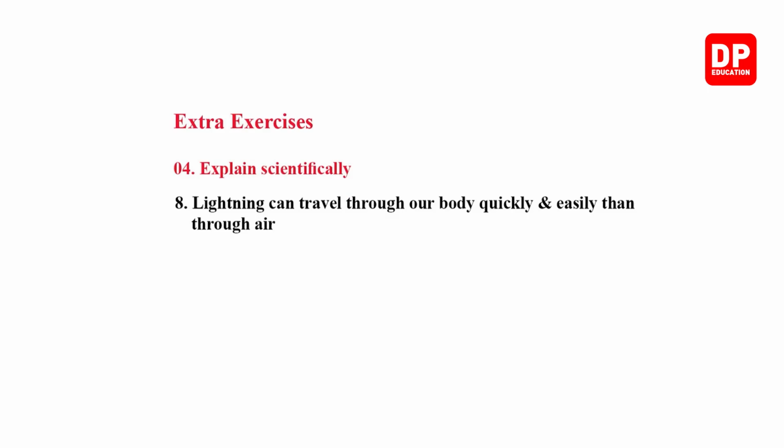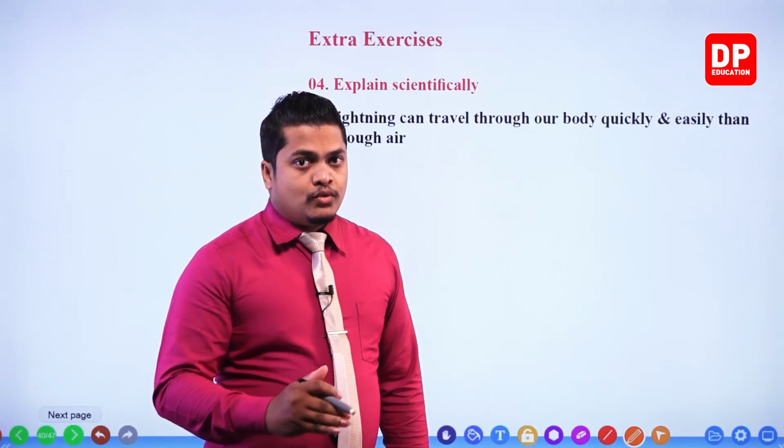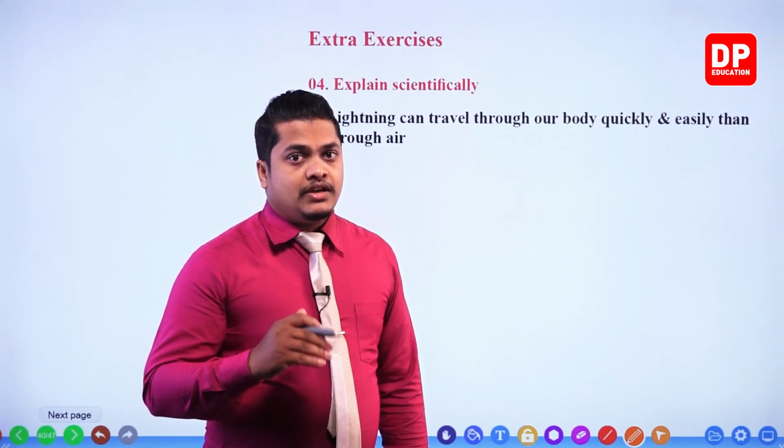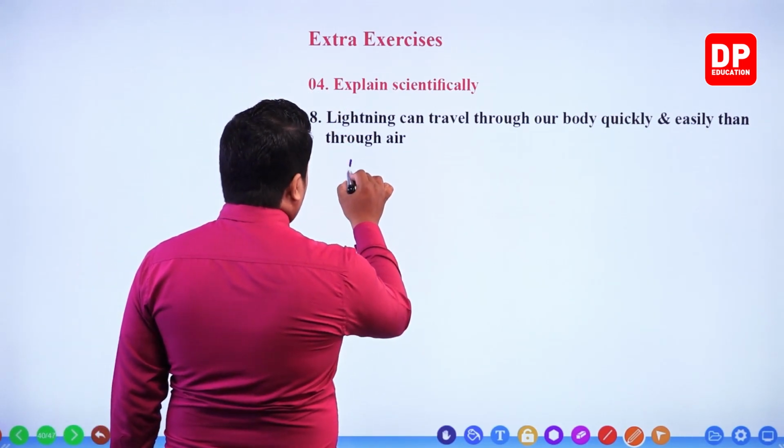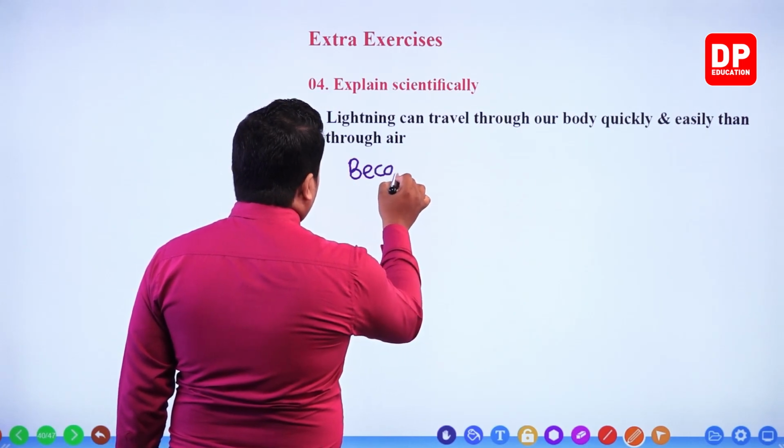Lightning can travel through our body quickly and easily than through air, because our body behaves as a good conductor than air, right? So therefore, through our body, lightning will easily pass, right? So we can write because